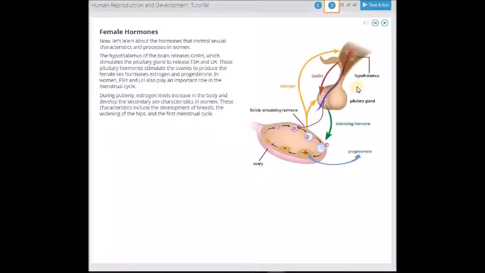The female hormones work in a very similar way. The hypothalamus releases GnRH, which then stimulates the pituitary gland to release the same two hormones, the luteinizing hormone and the follicle stimulating hormone. The luteinizing hormone and the FSH go to the ovaries, and the ovaries are in a constant state of production